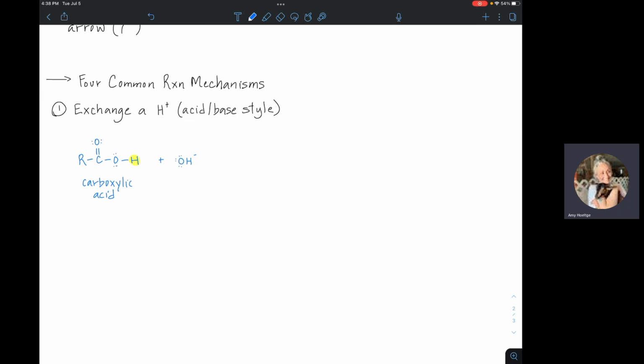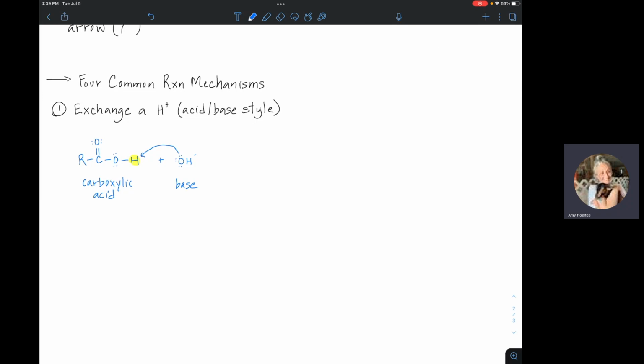The negative charge is actually on the oxygen, but again, we typically put our charges up to the top right. And then we're going to use our curved arrow to take 2 of the non-bonded electrons, 1 lone pair of electrons on the oxygen, and push that arrow toward that partially positive charged hydrogen, the acidic hydrogen on the carboxylic acid. So here's your base,